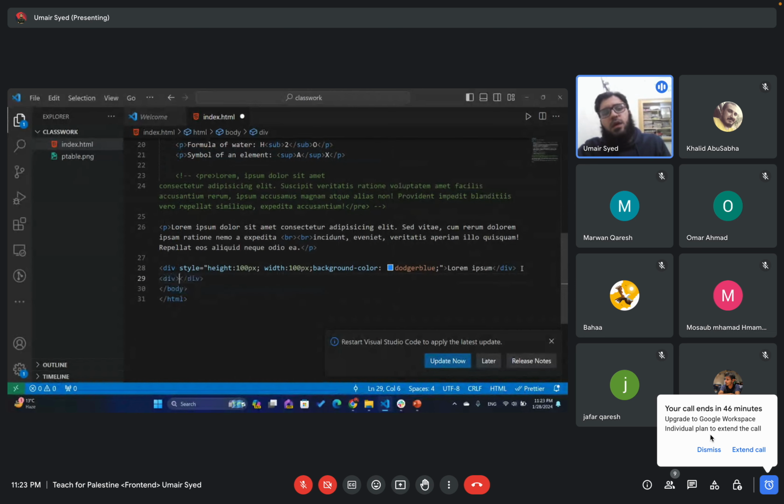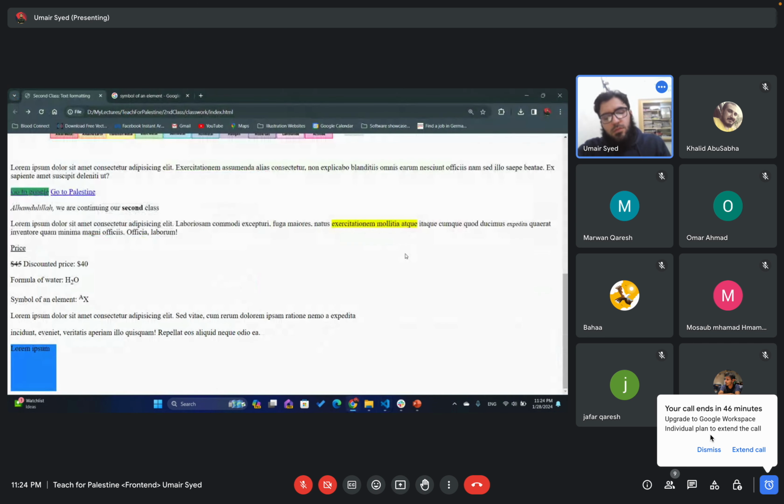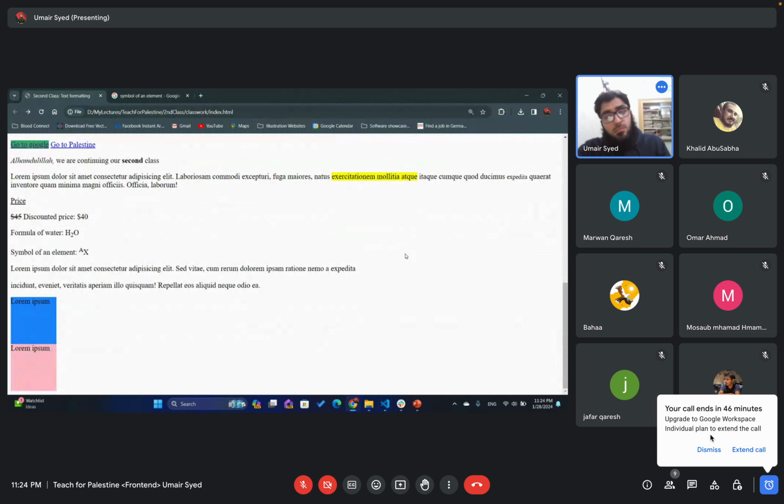So if I create another, I will basically copy and paste it. For copying and pasting a line in VS Code, it is very easy peasy. Just move your cursor to that line, press Ctrl C and then Ctrl V, and it will be pasted. So let me remove that div and let me change the color of it to pink. See,